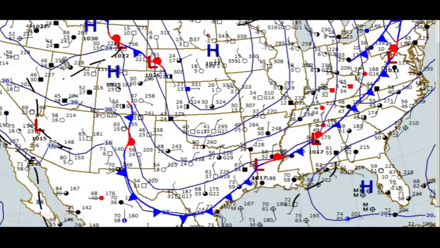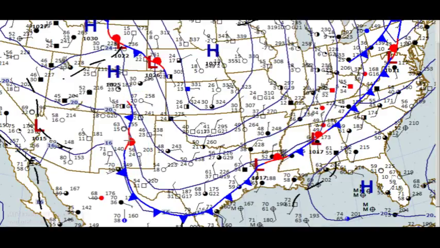Okay, so we've got a 1037 millibar high up over the Dakotas. Large area of cold air pushing southward, so we're seeing very gusty winds at Nashville, Memphis, Little Rock, Shreveport, Dallas, and Austin. And then here you can kind of see the tail end of the front, and it looks like it's